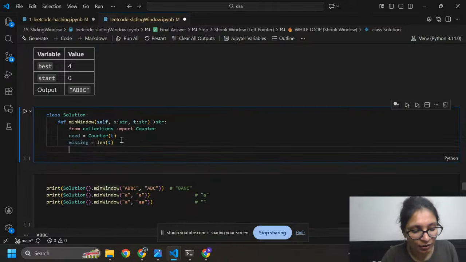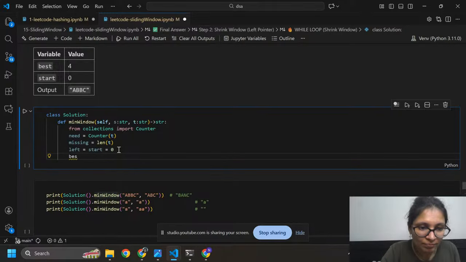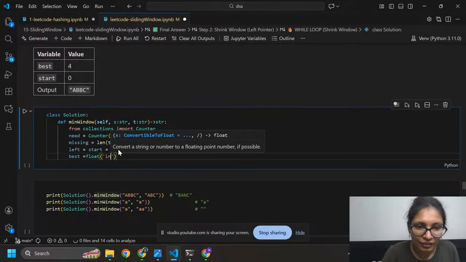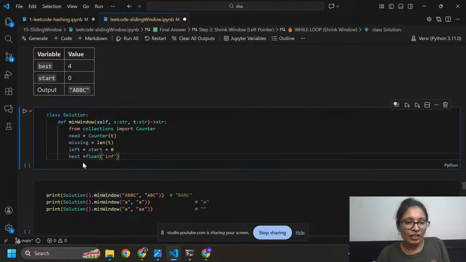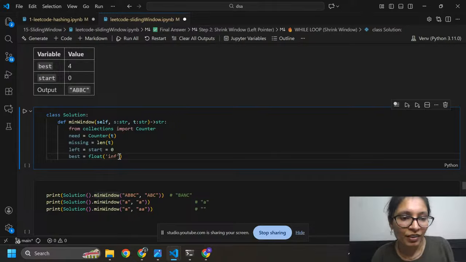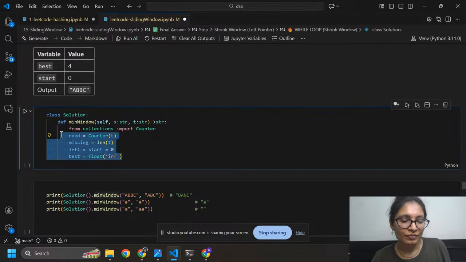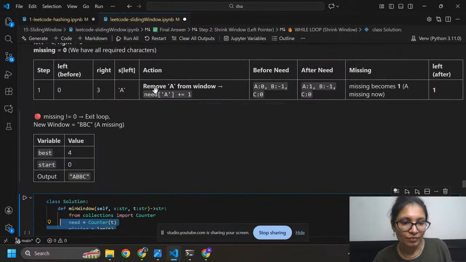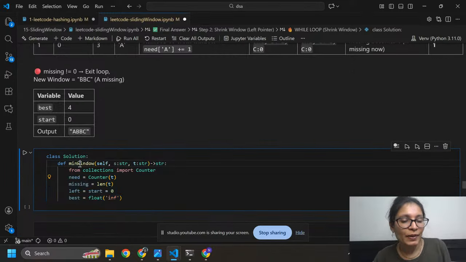And here left equals start equals 0, and best equals float inf. Okay, so these are the parameters and variables I need. Here this is the function name, minimum window, string for